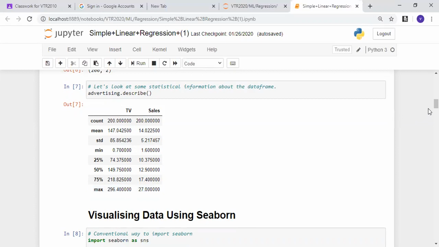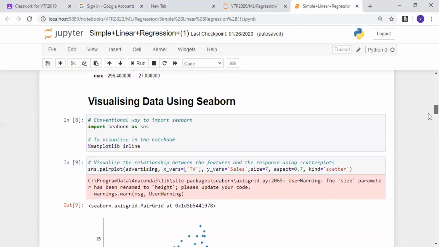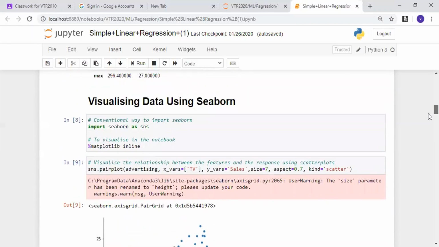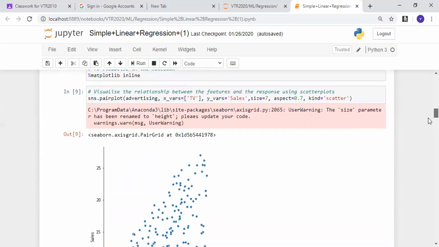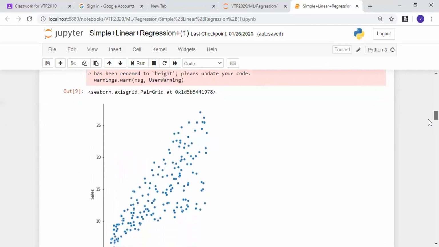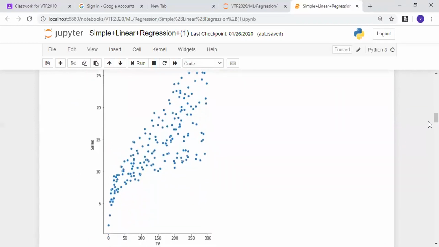Now we must check for the relationship between the data. We check for the visual relationship between the data. Here you can understand I'm using the scatter plot. Hope you people know how to plot the scatter plot and all. I'm just running a code because we are doing a pair plot. I'm checking the relationship. Here you must understand there is some relationship between the sales and the TV. As the TV amount increases, the sales also increase. That means it has a positive relationship. As the amount in the TV increases, the sales increase. That means there's a relationship.